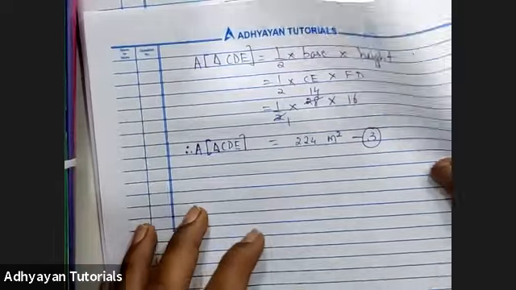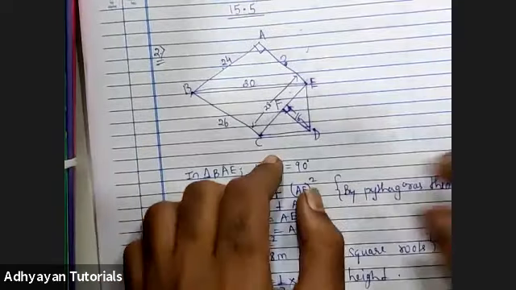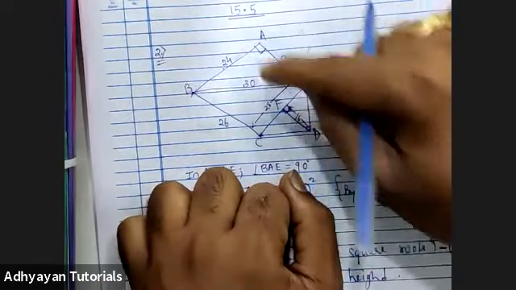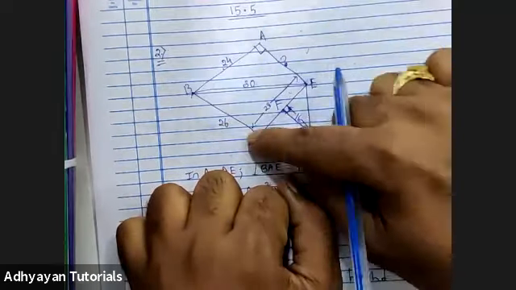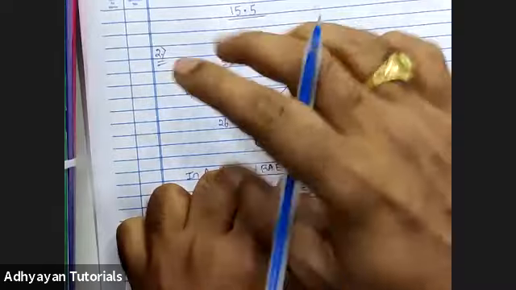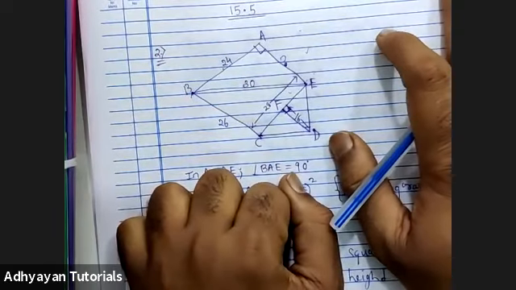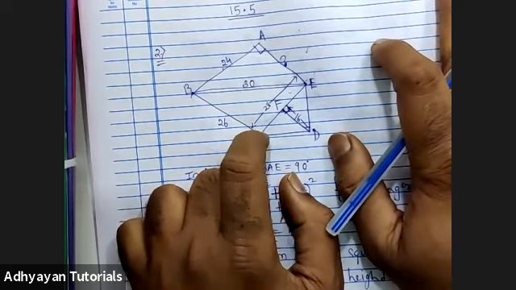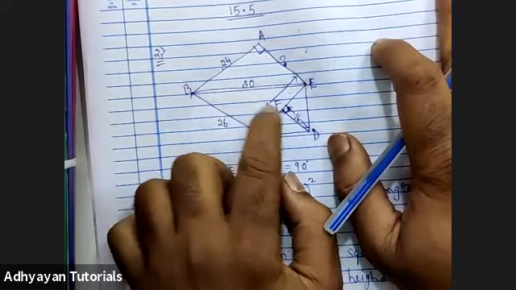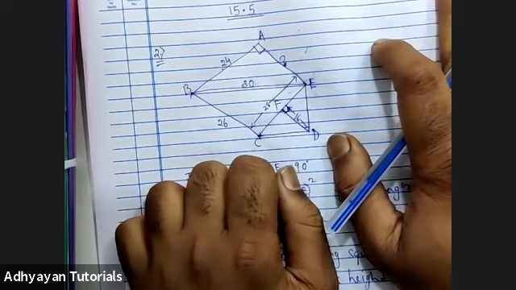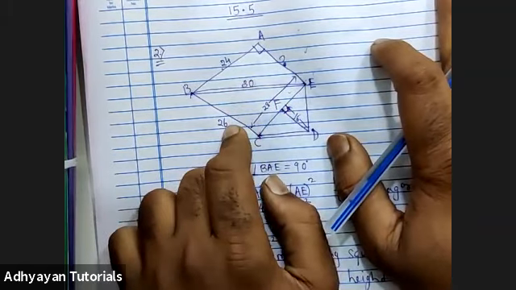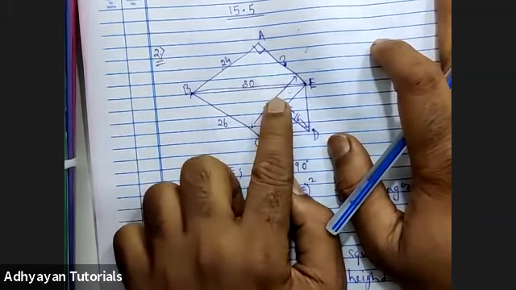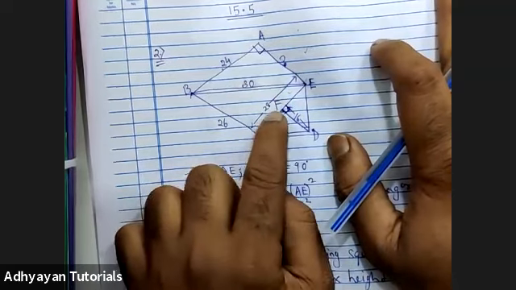Okay, now if you look at the figure, I found ABE, I found CED. Now let us talk about this. अच्छा ये triangle में 90 degree given नहीं है. So I cannot apply half into base into height because I don't know any of the heights. If I draw perpendiculars, मेरे को एक भी height का value पता नहीं है. But you know what? I know values of all the 3 sides, and hence I can use one more formula which is related to area of triangle.